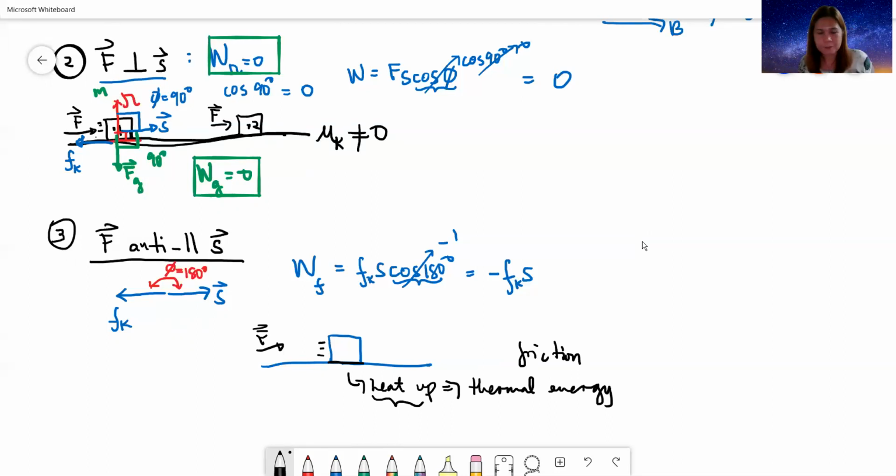So where were we? In other words, what we're saying here is, if the work done by a force is negative, less than 0, then we say that the system is losing energy. So sooner or later, when the pushing force is gone, the box will stop, because its energy due to its motion will be converted to thermal energy.